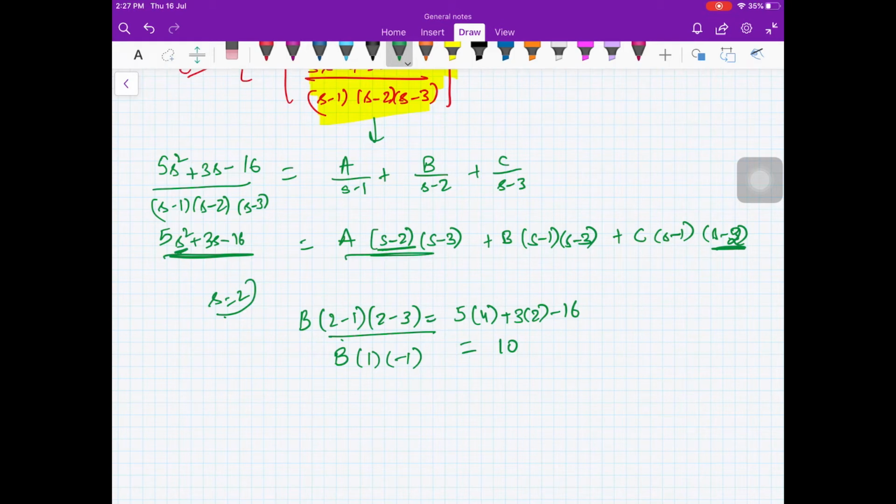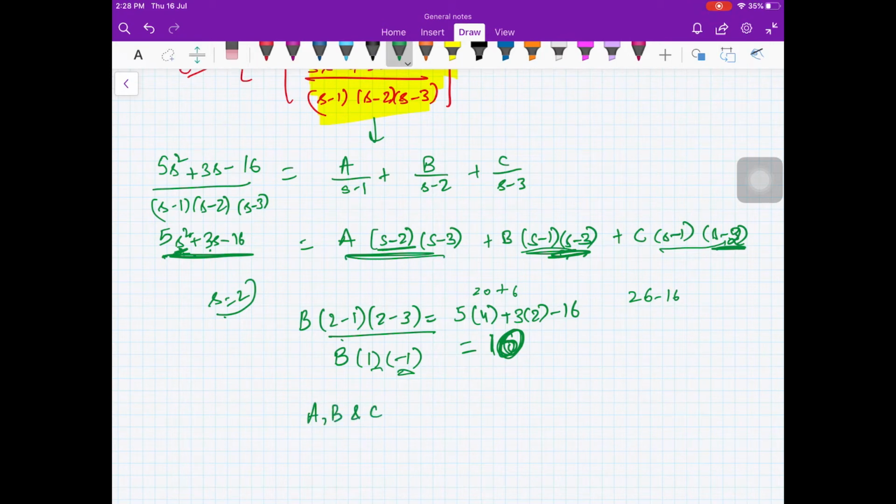If I put s equal to 2 here, this term will go and this term will go, so you'll get this term only. So s minus 1, 2 minus 1 is 1 here, and 2 minus 3 is minus 1 here. And if you put it here, this is 4, 5 into 4, 20 plus 6, this is 6, I'm sorry, 26 minus 16, that is 10 only, right? But in my calculations I have written something else. Okay, fine, maybe you can do the calculations.